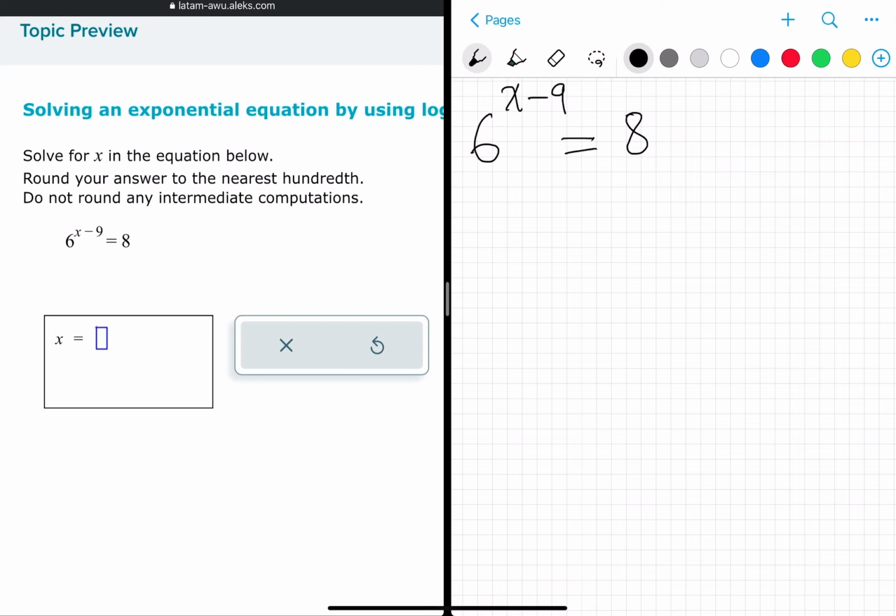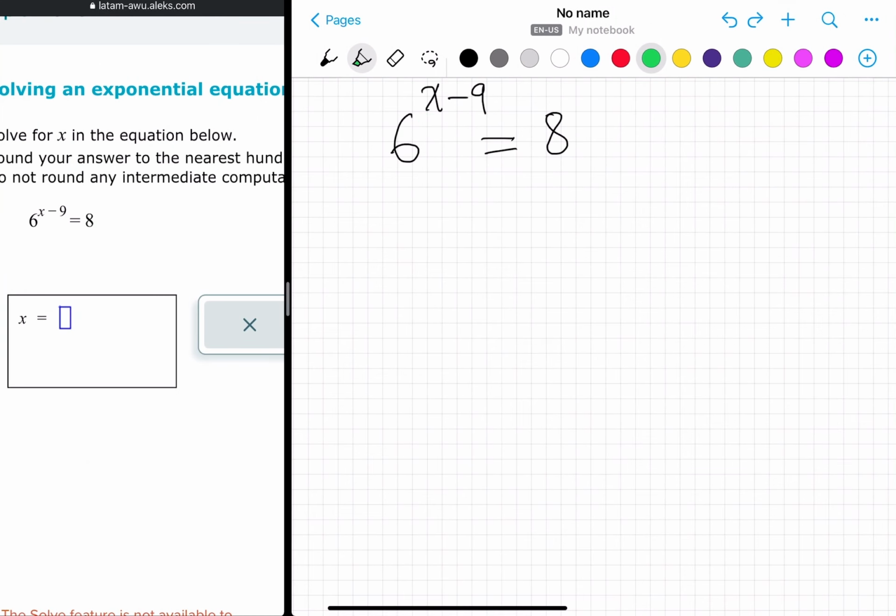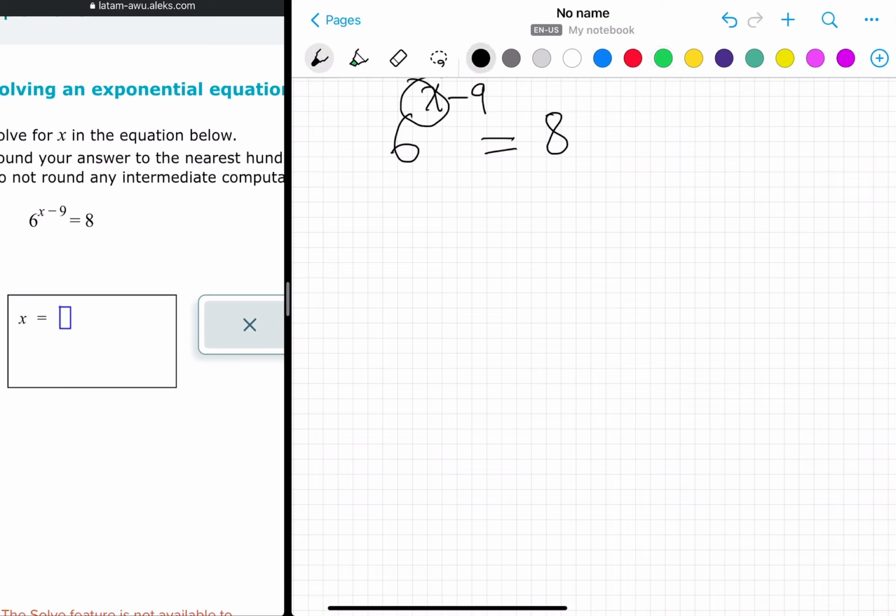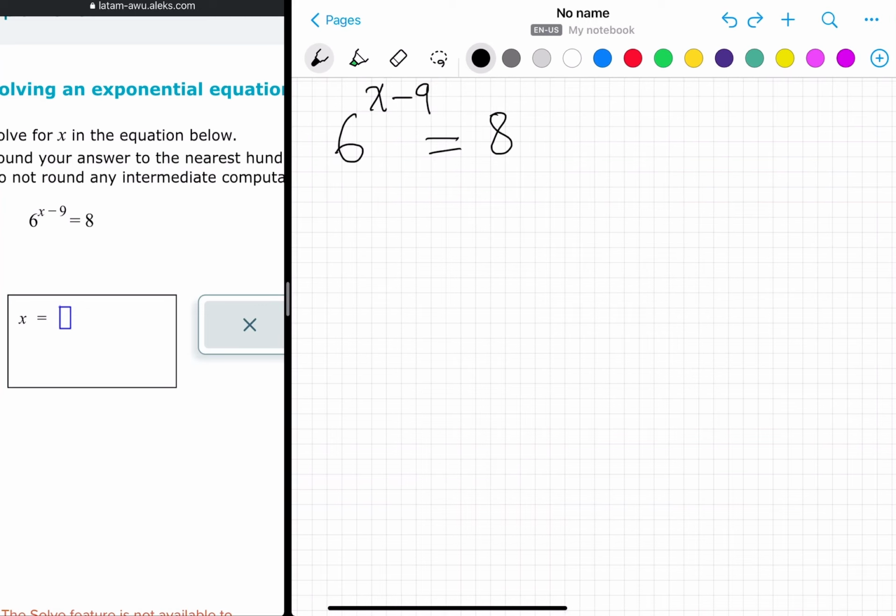here we have the x here in the exponent, and in this kind of exercises what we want is to solve for x, which means we need to leave this x alone, and if we want to do that we need to get this x down of there. We need it down. If you remember the properties of logarithms, there is the power rule,